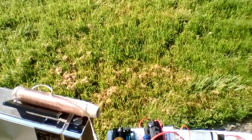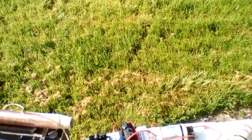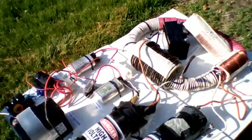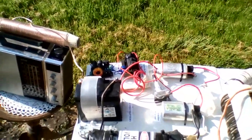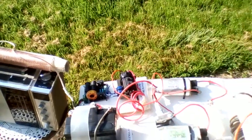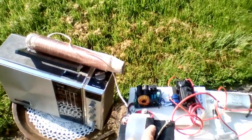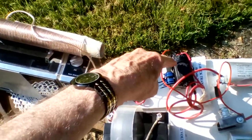What we have here is a way of, it's actually running right now. It is making absolutely no sound whatsoever. It does not make any sound while it's running. When you start this, it is started by this 12-volt battery here, and it goes through this flyback